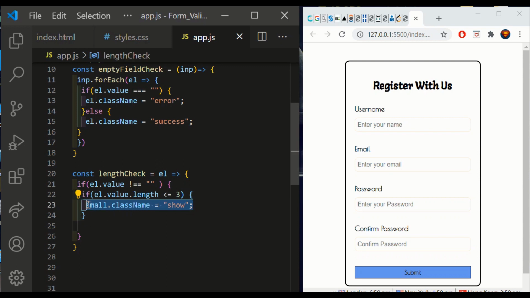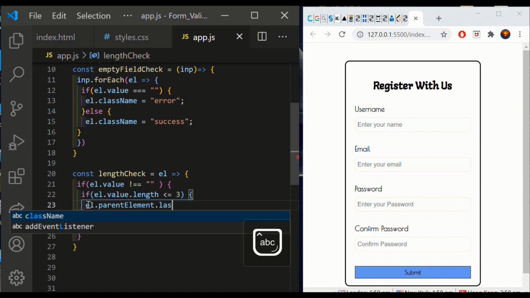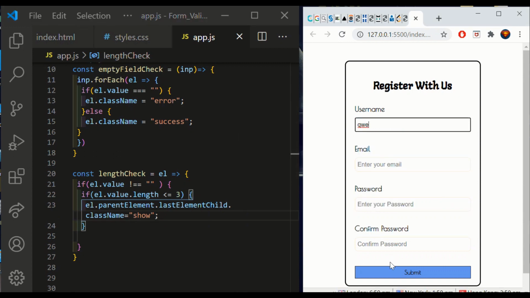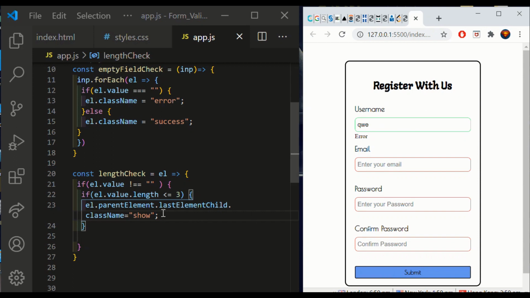Okay, I'm going to go to the parent element of this and come to the last element child, and I'm going to add the class name show. Is it working? Oh, perfect, it's working. Because every time it's going to be different, but I can't write it every time, so I'm going to define this as something else,